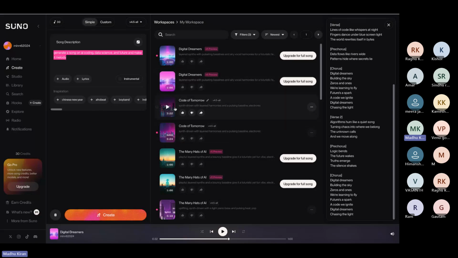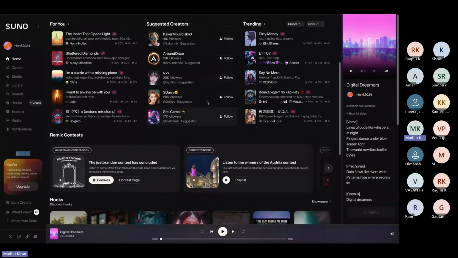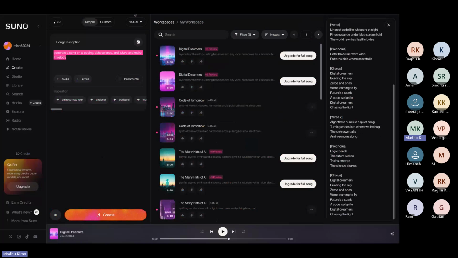When I saw it the first time, I became a complete fan of this page because of how interestingly it responds to whatever description you give. If you wanted a melody rap, you can see the songs, and you can even see songs generated by other people. It's very interesting. So this is one AI tool. We are at this stage of AI. At the worst phase of AI, AI is already doing miracles. And there are many more tools.